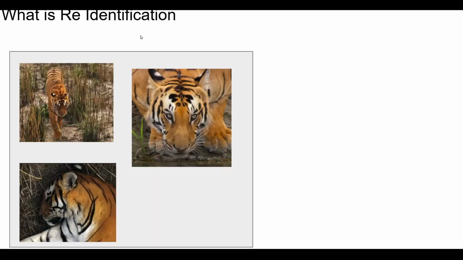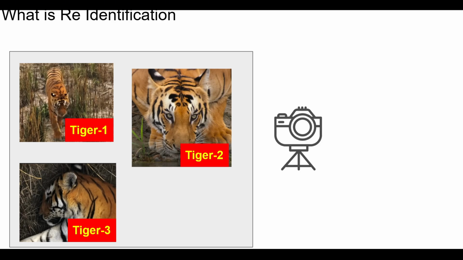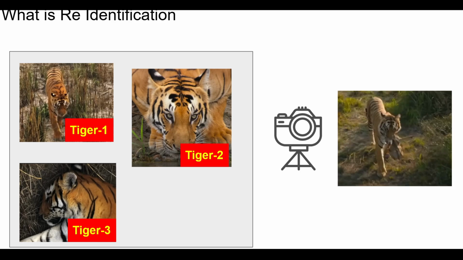Well, now we can. The idea is re-identification. Let's say you have a bunch of images of known tigers. Tiger 1, Tiger 2, Tiger 3. These are images of tigers that you already know exist in the wild and you have been keeping track of them. Now, there is a camera trap that you have put in the wild and it captures new images. Our job is to find out